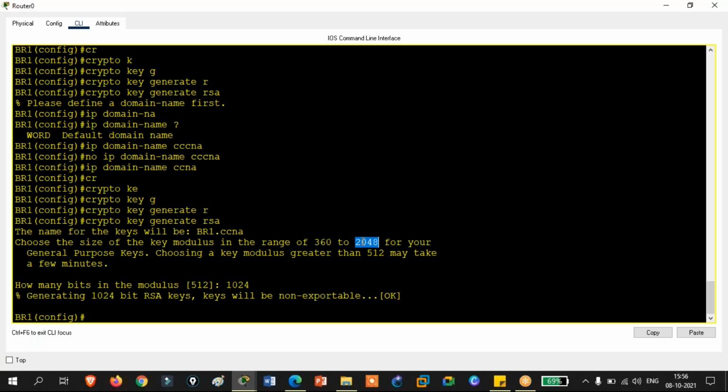If you put the maximum, your CPU will be heavily loaded because it is processing that much data at higher bit rates. But the good thing is your data will be so secure, kind of unbreakable. So that depends on what kind of router you have and what encryption scheme is allowed in your company. But the general idea is to have at least 1024. So that's what we have done.